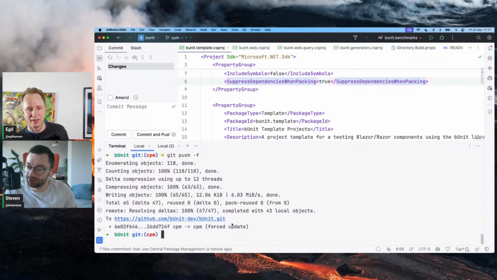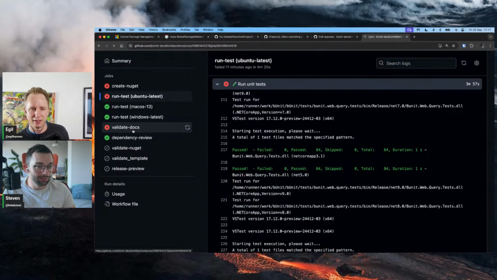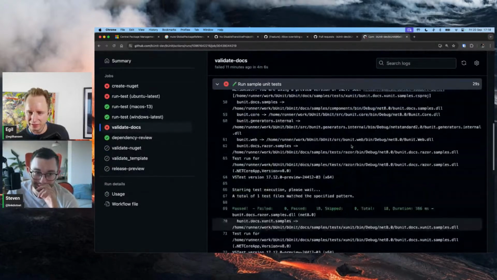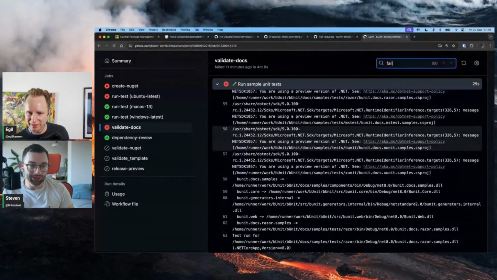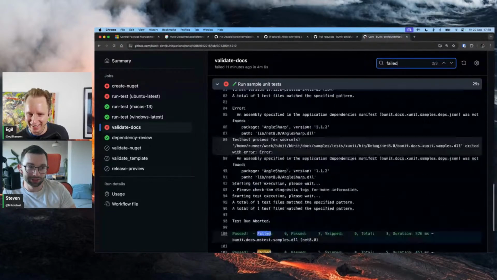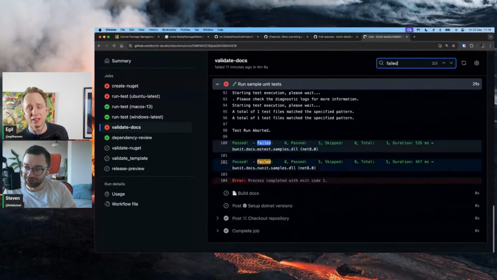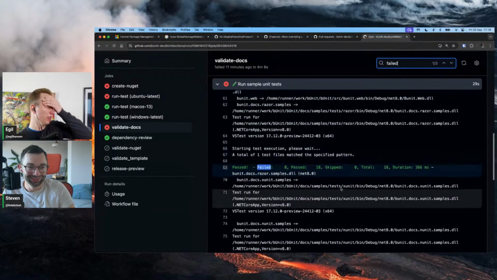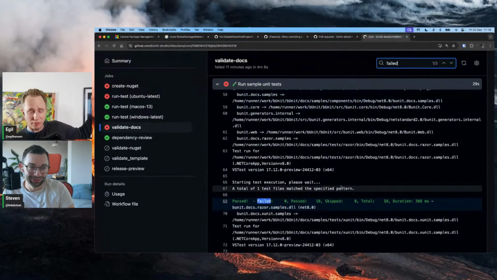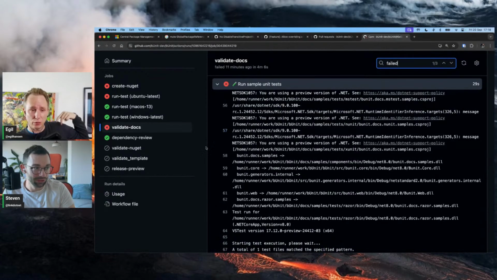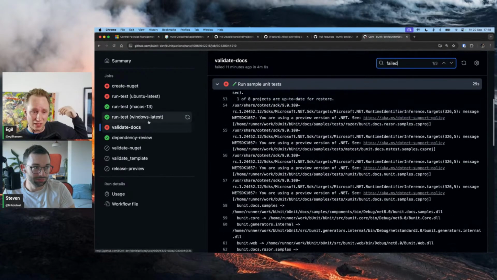Yeah, okay, fair enough. But it's a success. Validate docs, no one. Oh god, I don't want to look even for it. Failed: 0. Yeah, nothing failed. But it actually failed. It's just the yes. Oh, that's so annoying. It happens sometimes in the .NET. I think it's part of the .NET 9 thing. So I probably should go to the Ubuntu one as well. There were no actually failed tests. It's just that it's the